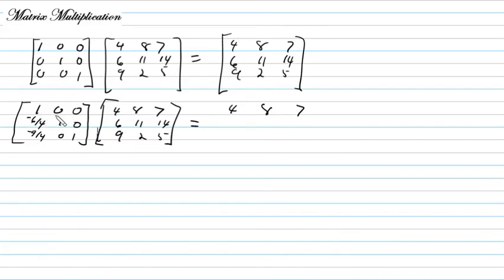And then it's minus 6/4 of this row, plus this row. In other words, it's this row minus 6/4 of that row. So let's take a look at that. If I do minus 6/4 times 4,